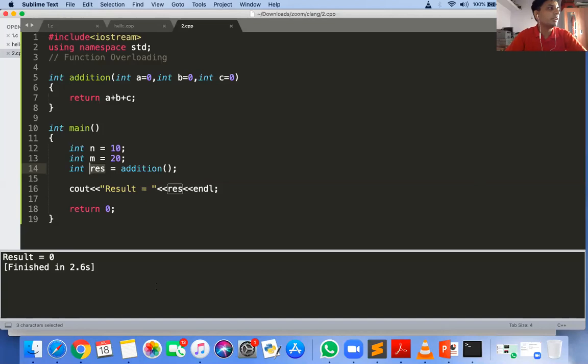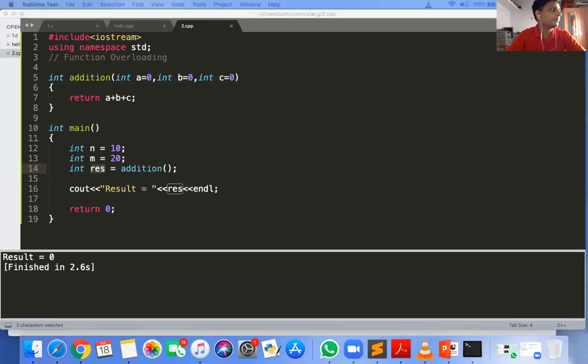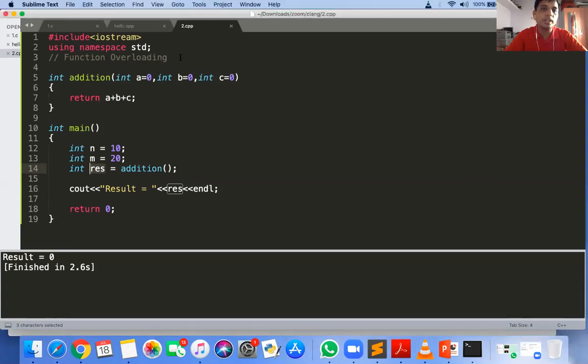Now the next point is one more point remaining, that is polymorphism. Actually, function overloading is a type of polymorphism. When we start the OOP concepts, all the OOP concepts will be well understood, but